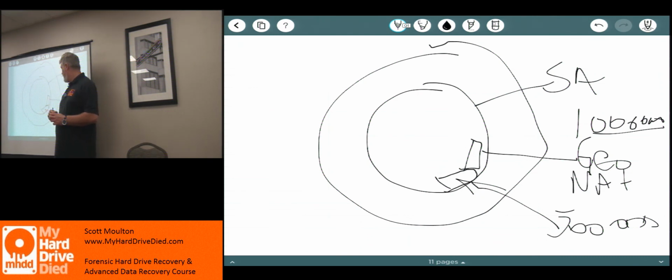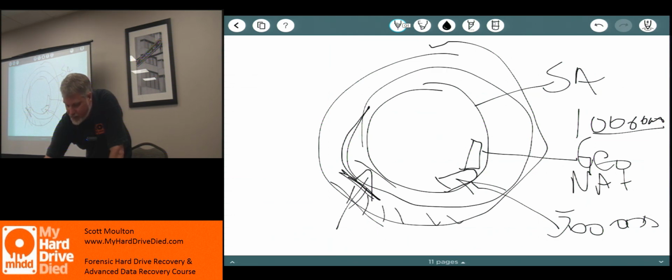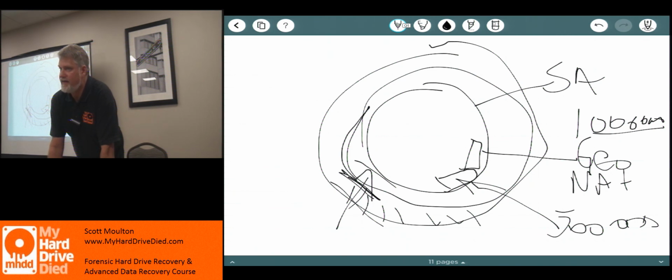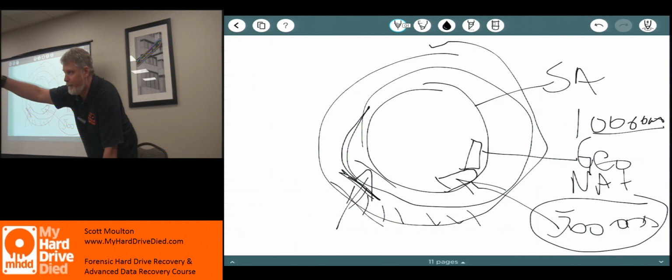Correct. Host protected area. So if this is my drive, and I have 1 gig all the way from here to here, and now I've said I'm going to have 500, then it's literally cutting it off right here. And so now I'm just going to have a smaller ring, and only this outside edge is available. It's always cutting it off of the tail. Understand what I mean? So whatever number I put here is from the beginning of the drive that far. So it cuts the end of the tail off as it's unusable.